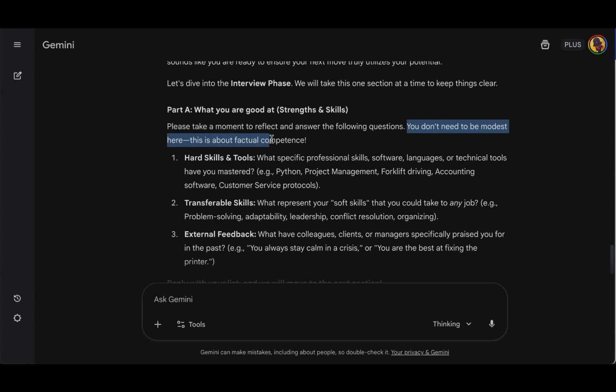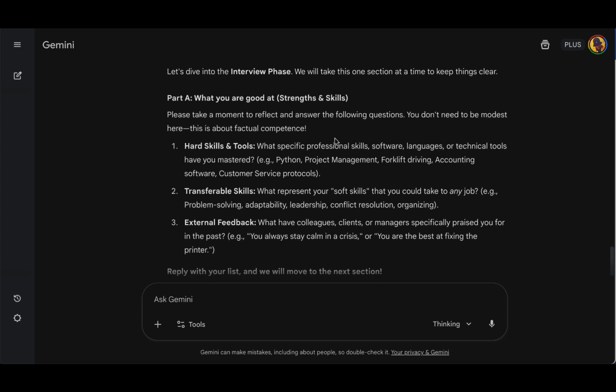This is about factual competence. So go all in and list out everything that you're good at. Okay, so you don't need to be modest. I want to give you the feeling that you feel elevated, so to say. Okay, and now we can see that it's asking me multiple questions here,